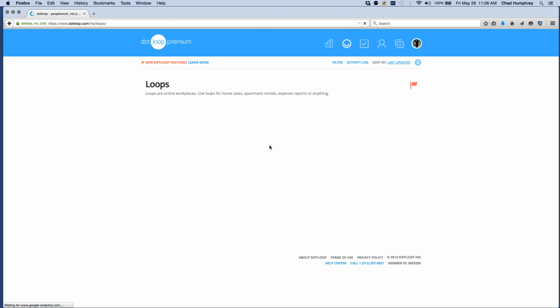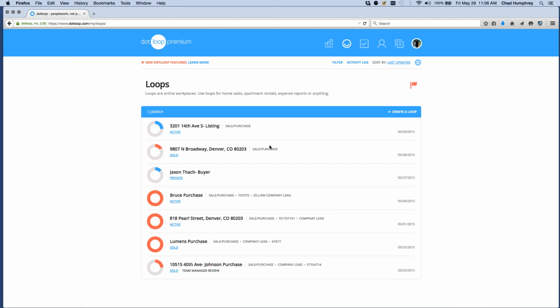And that's going to take us to our loops page. The loops page, again, is what we call our transactions. The reason we call them loops is we want to bring people together to be able to collaborate in an online workspace. So if you think of DotLoop as just a conference table up in the cloud, where you're going to sit with your client